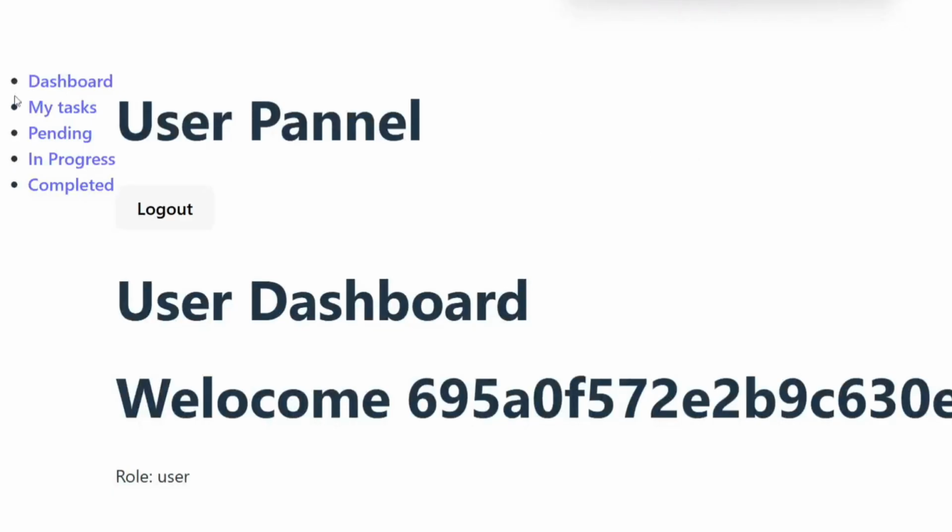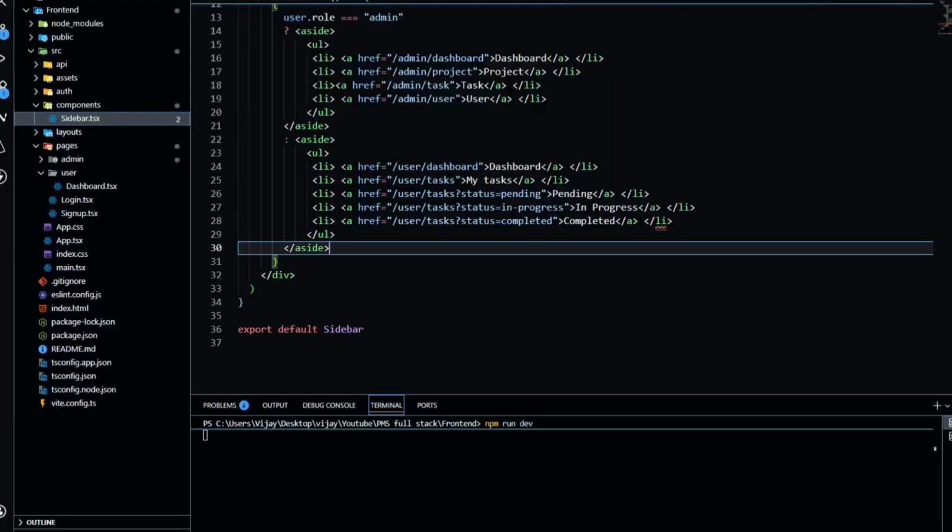Okay. Now you can see we have my task, pending, in progress, completed. When we are in the dashboard, we will see welcome. When we go to my task, we will see the same only, because at present we don't have any my task. So I need to create it. So let's open